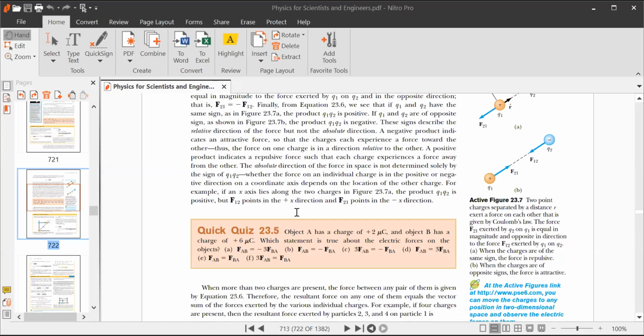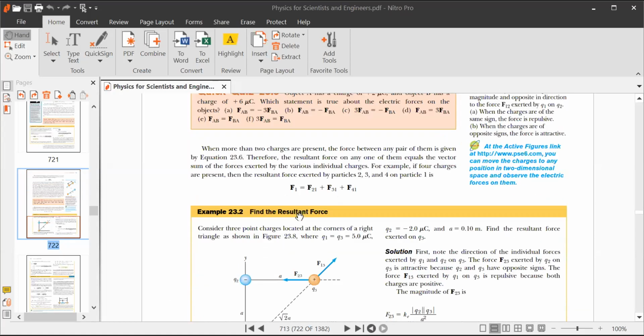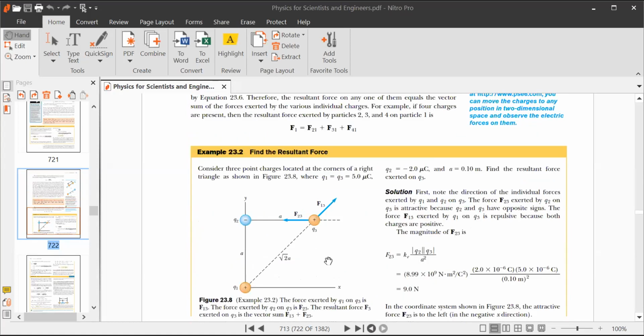Okay, first today I want to give you two example problems. So the first problem, as we know, for example, if there are three charges, okay,